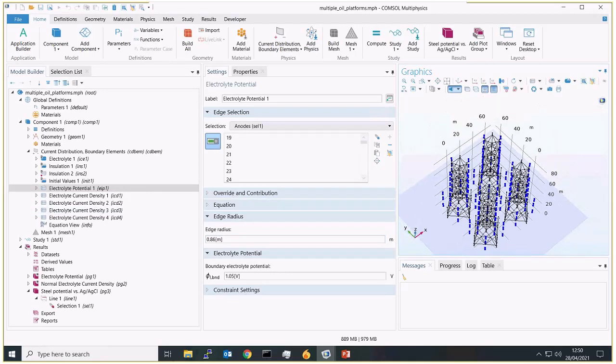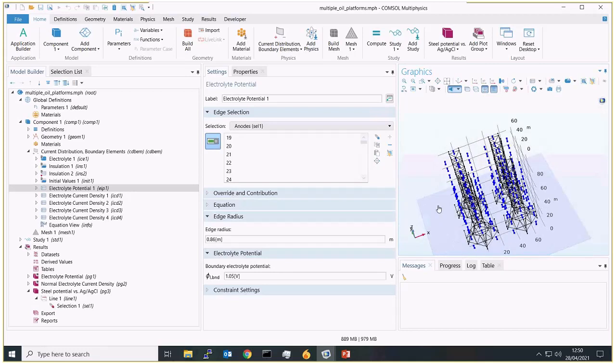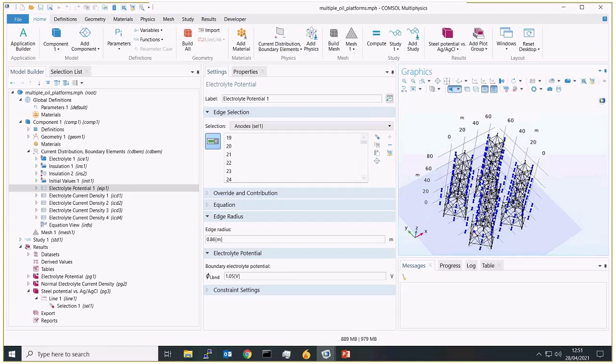This saves a lot in mesh because you can see that it doesn't have a domain around these edges anymore. So in using the current distribution boundary element method, this can slightly more efficiently work out the potentials within the structure for very large systems.